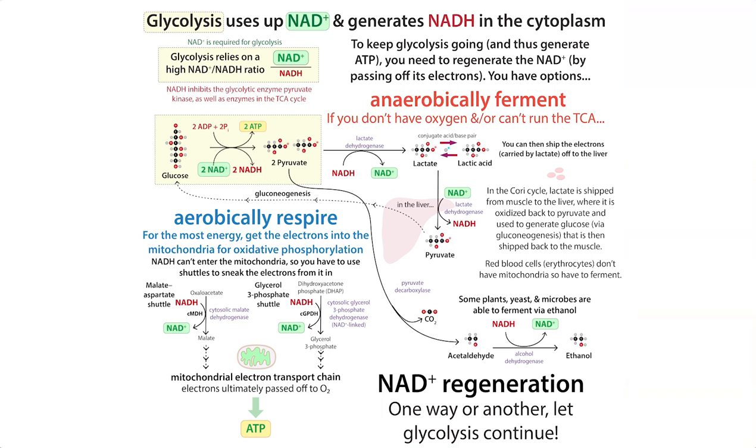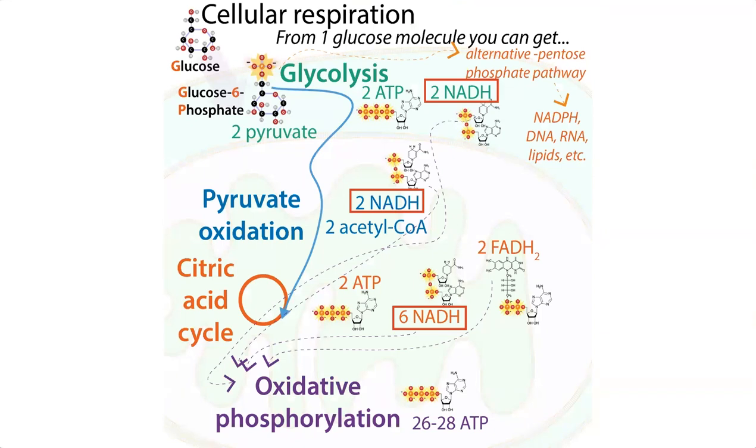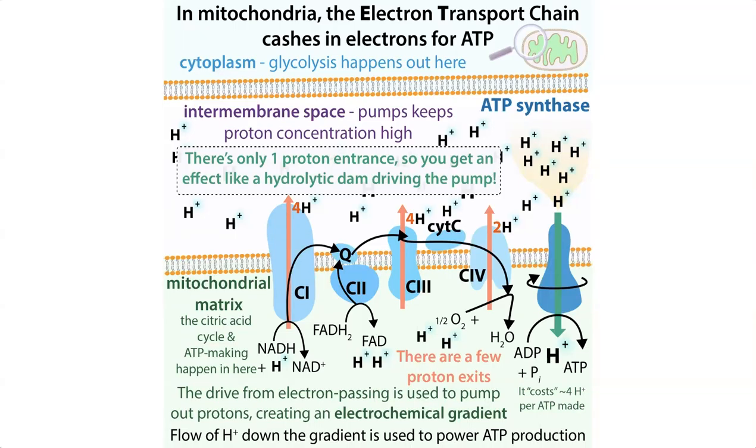The main way that our bodies and the bodies of all those other animals and other organisms out there generate the bulk of their energy is through oxidative phosphorylation. In this process, electrons are passed from something that wants it less, something with a lower reduction potential, to something that wants it more, something with a higher reduction potential. This is energetically favorable, so you use the energy that's released in these pass-offs to power the pumping of protons, creating a proton gradient that is then used, like a hydroelectric dam, to turn this ATP synthase